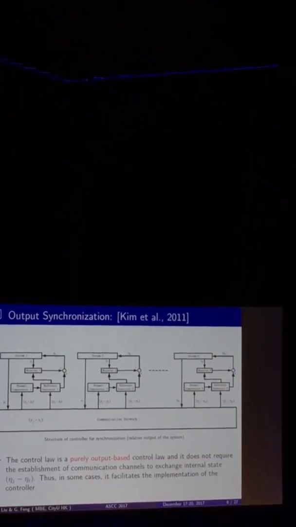This figure shows the structure of the controller by Qin in 2011. So from this figure, we can find for each agent, the controller is composed of three parts. The first part is an observer to estimate the system state, and the second part is a reference generator to produce the synchronized signal for each agent. And the third part is a dynamic compensator